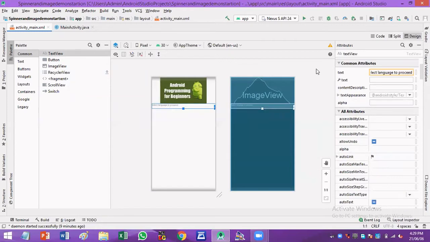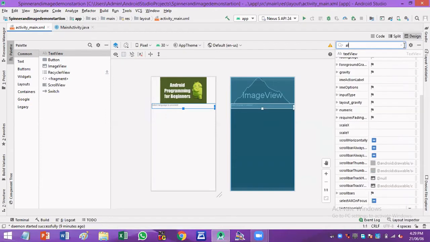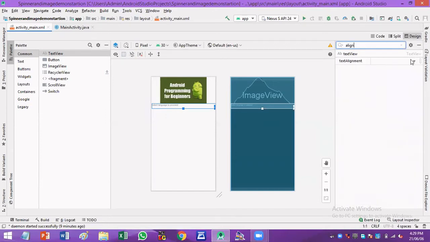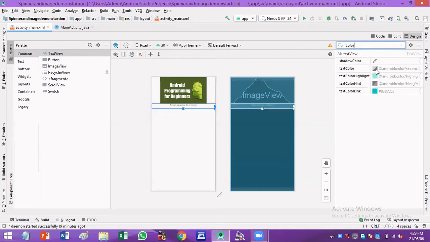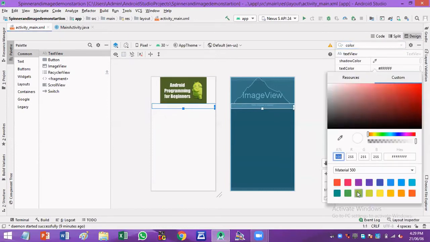To align this text to the center, set the attributes of that text view tool. So I'll be aligning the text to the center, and then I'll be changing the color of the text to green, or to red, so that it is clearly visible to the user.